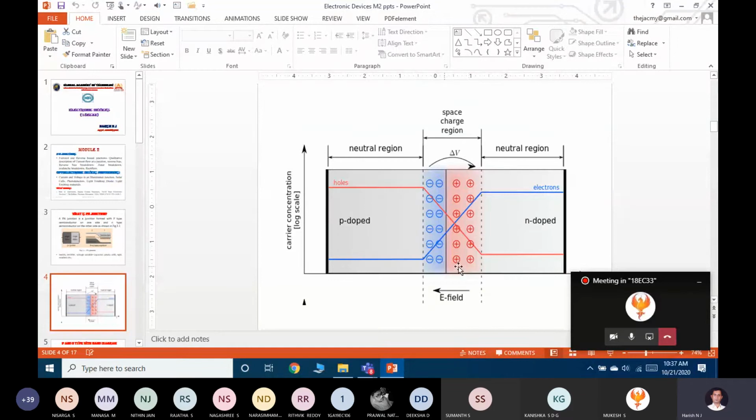So if the width becomes more, the built-in electric field will be more, correct? At the same time, the cut-in voltage of that particular PN junction diode will also become more. With respect to distance also, we can say the cut-in voltage will be more or less. So all this phenomenon happens under the unbiased condition of a PN junction diode. Does anyone have any doubt with respect to unbiased condition of a PN junction diode?